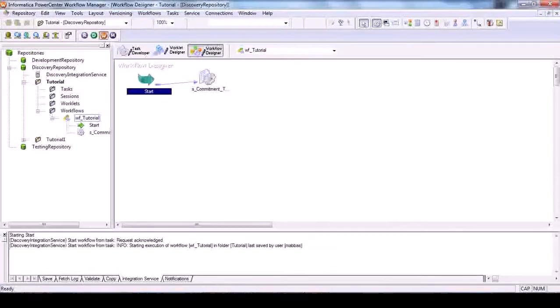So here we conclude the second part of this tutorial session. We looked into the basics of workflow designer and also workflow monitor. In the next session, we will be creating some more mappings with some more options, and then we will again go to the workflow manager so that we can see more stuff on the designer and workflow manager both. Thank you.